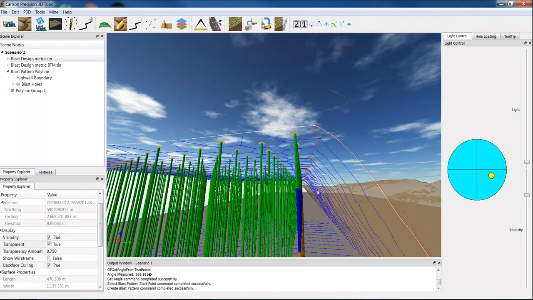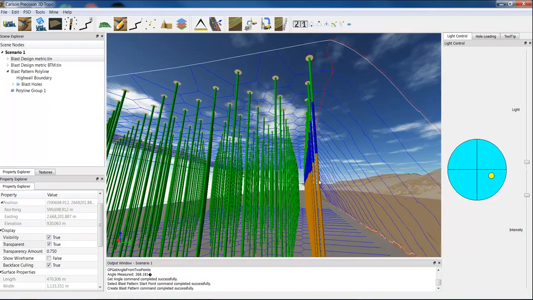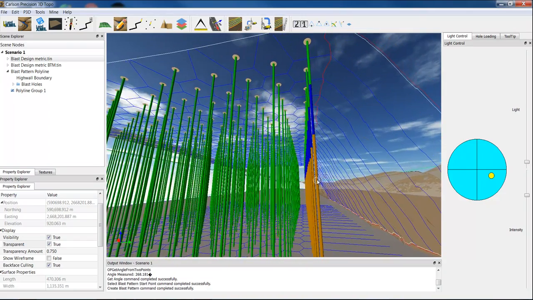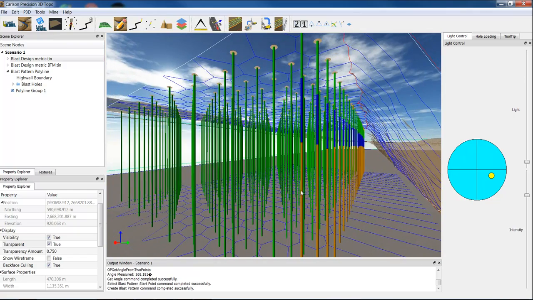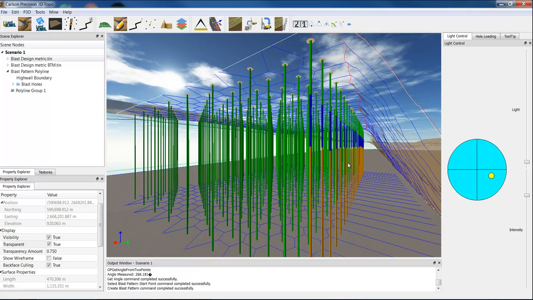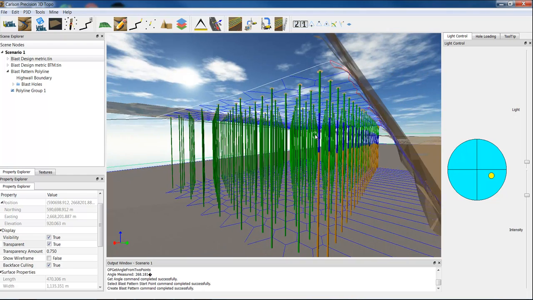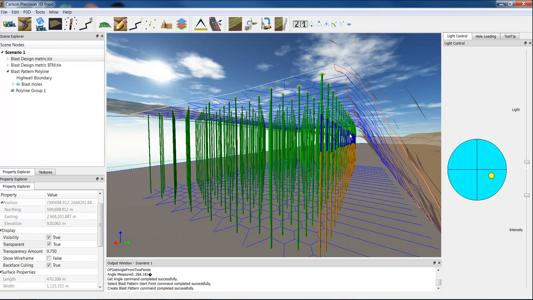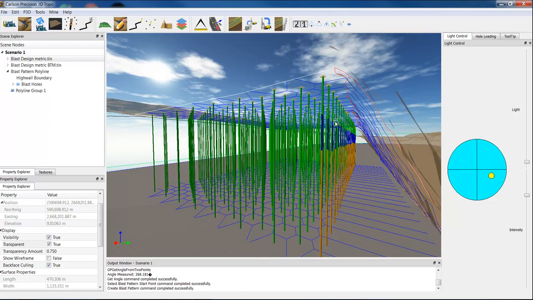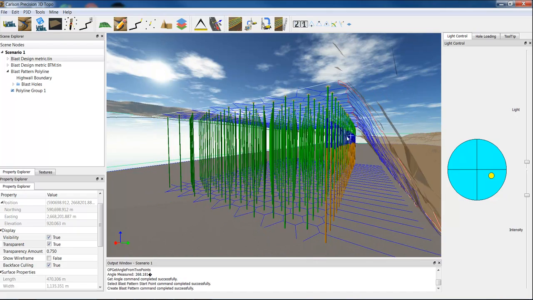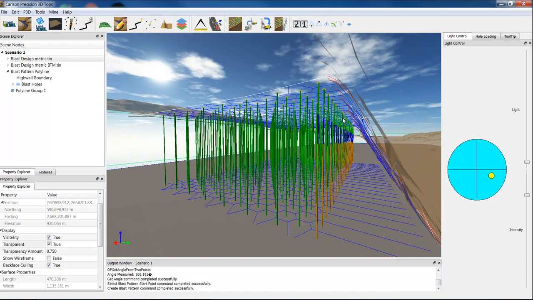Now the first thing you see with these holes are the colors. And this program color codes the holes based on distance from this high wall face initially. And so the green means everything is okay. And there's two other colors you don't see. One is yellow, one is red. And if it's too close to the face, you'll have a blowout, and the holes would be colored red and